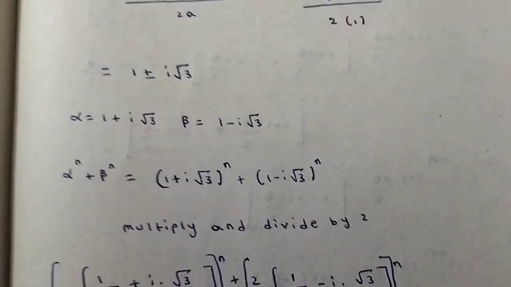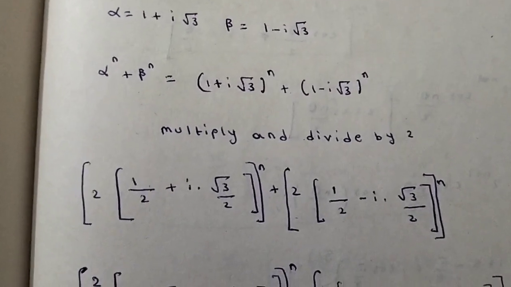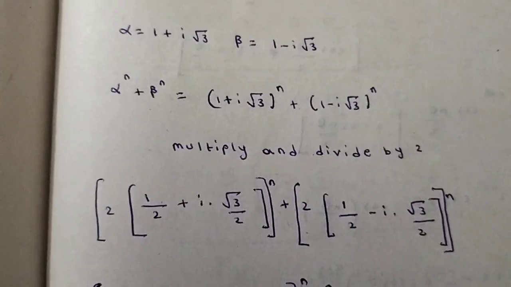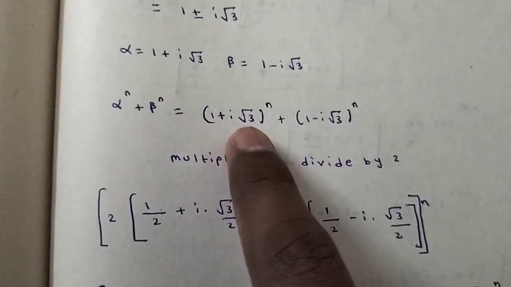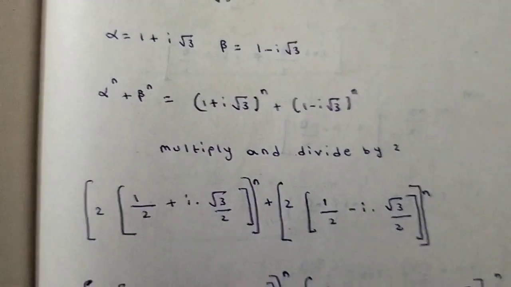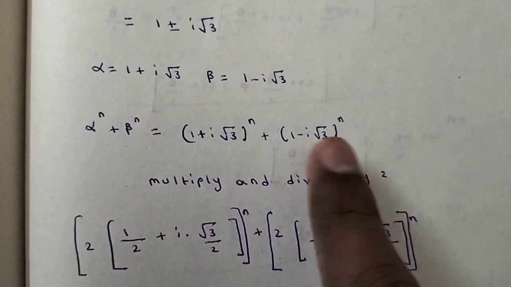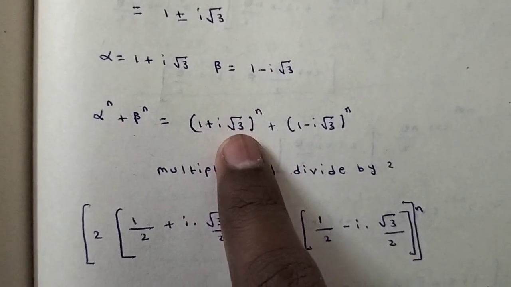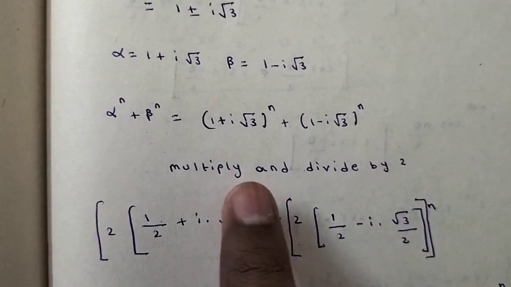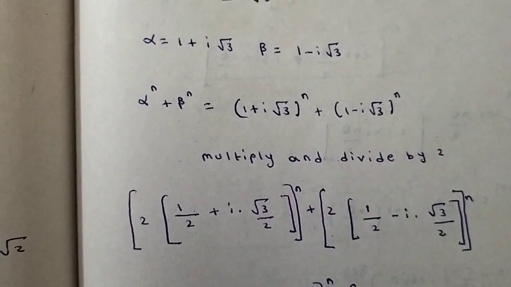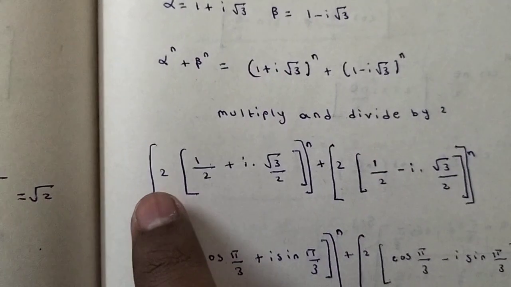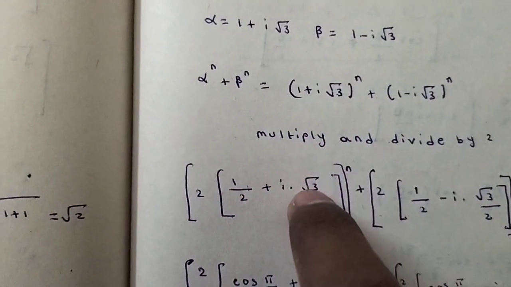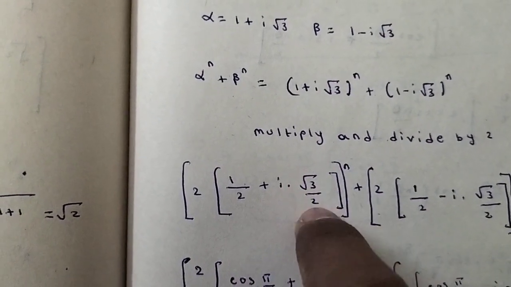I'm adding both, but before adding, this one is also in a plus ib format. So here, square root of a square plus b square: a square means 1 only, b square means 3, square root of 4 means 2 we will get, so multiply and divide by 2. So I'm doing the same in this case. Then you will get here 2 into 1 by 2 plus i root 3 by 2, whole